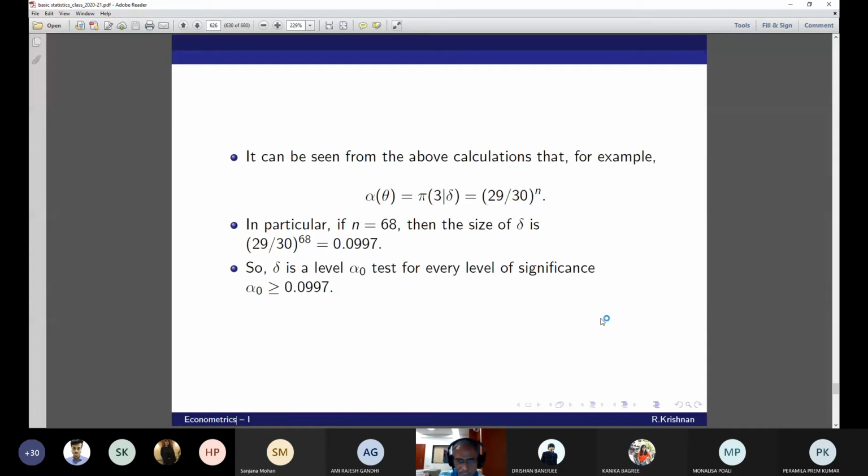Suppose you want to know whether this is the correct one. You increase the theta by something like 3.01 or something. What will happen? It will be slightly less than 0.0997. You increase it to 3.02, it will be even less. So what will the curve look like starting from 3?